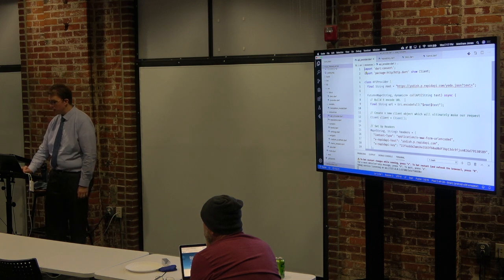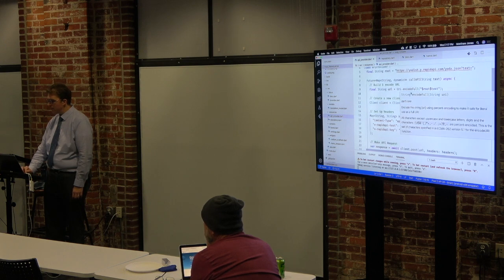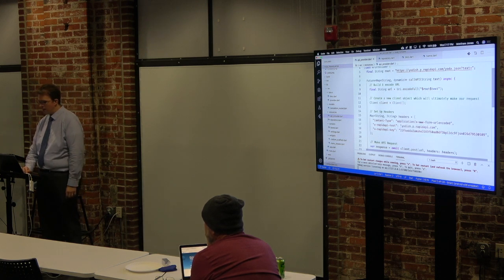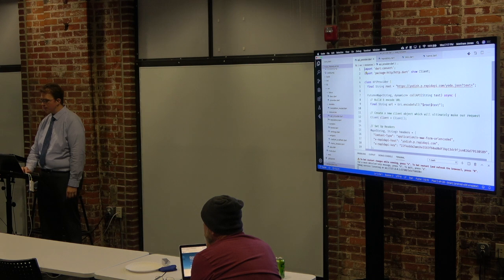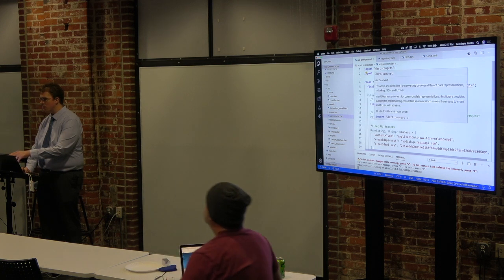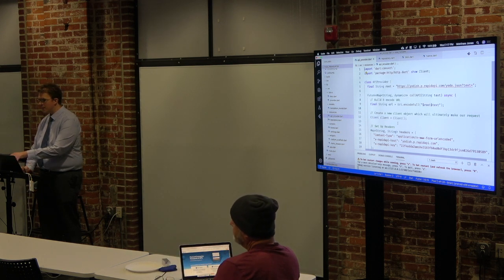So basically, literally all I did here is I created a variable for the root, and then I built out the endpoint here and just used the encode full so that it takes whatever text and makes it URL friendly. And then the magic here is actually in this, so let me back up a second. This Uri.encodeFull is part of the Dart convert package that I imported at the top. And then the second thing is this http.dart. That's an internal package with Dart that allows you to make these actual web calls.